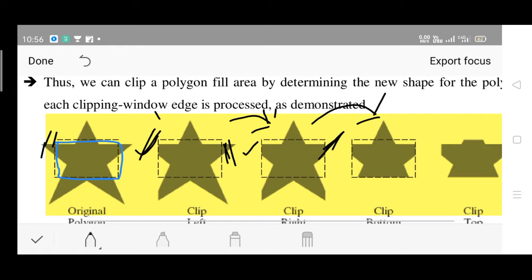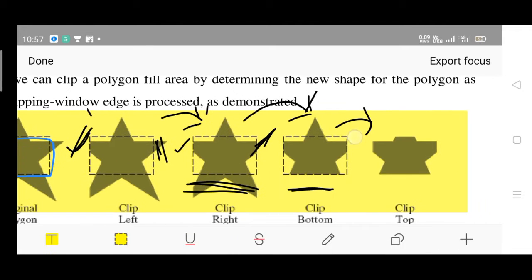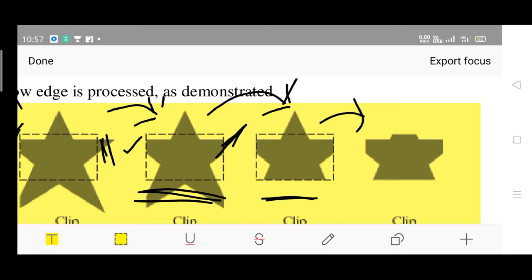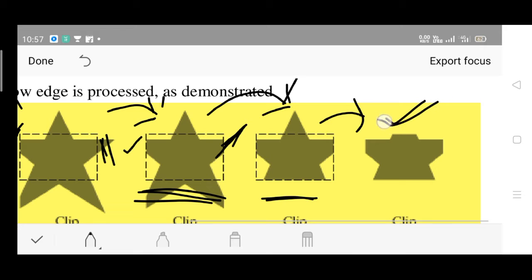In the next stage, once again you can select any portion, taking the updated model. Bottom as well as top are remaining. In this stage we have clipped off the bottom portion of the image, so the portion falling outside the rectangle is clipped off. Finally the remaining portion is the top portion. Go for the next stage. Hope it is visible, right? Yes, the top portion is also clipped off here. This is the final result, the model after performing the polygon clipping.